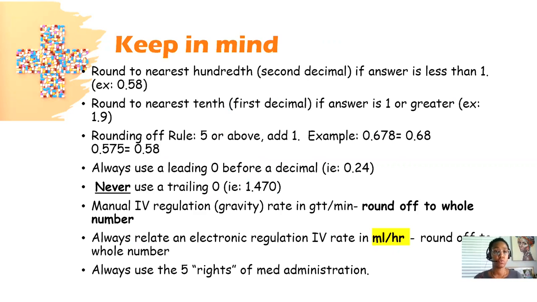When you're rounding, general rounding rules: you want to round to the nearest hundredth, which is the second decimal place after your whole number, if your answer is less than 1. Okay, and here's an example on the screen, 0.58, 2 spaces after the decimal point. If your answer is 1 or greater, you round to the nearest tenth, which is 1.9 or 1.5. So if you don't have any specific directions, for example in a test question, these are the basic general rounding rules you want to keep in mind. Again, when you're rounding, the rule is 5 or above, you add 1,